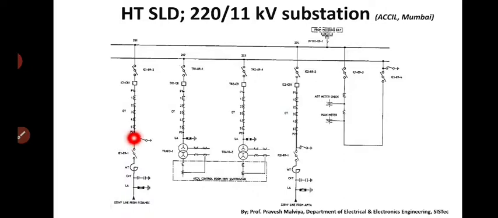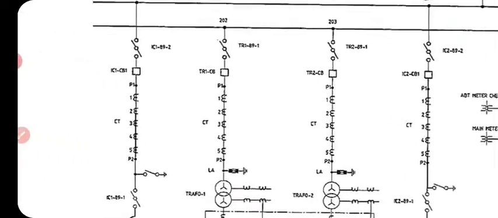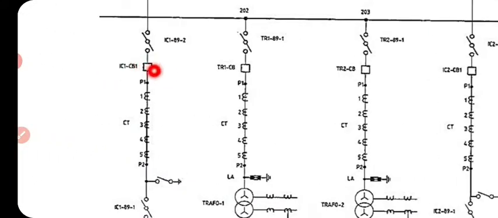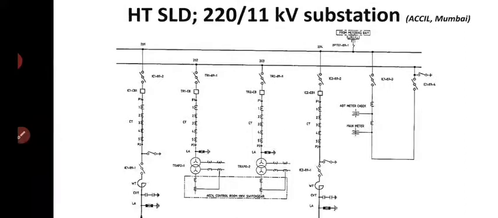So this is the isolator, and the line is again supplied to a current transformer, CT. These are all the different cores of the current transformer. And this is a CB. CB means circuit breaker. For 220 kV it is an extra high voltage section, so for extra high voltage level, an SF6 sulfur hexafluoride type of circuit breaker is used. And again there's the isolator. Then this 220 is again fed to this line.